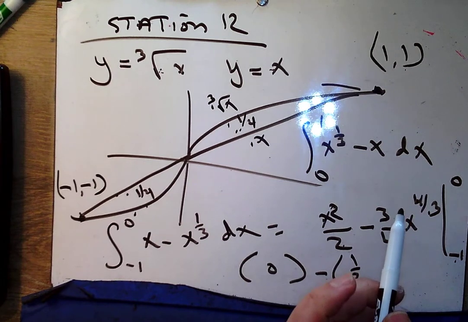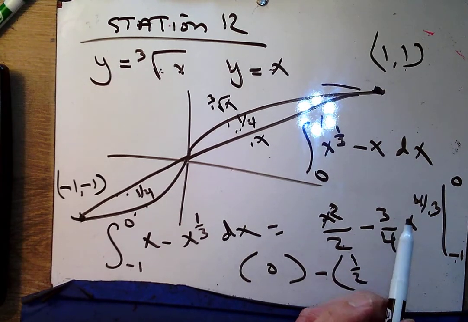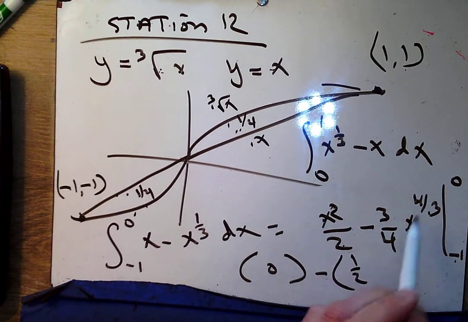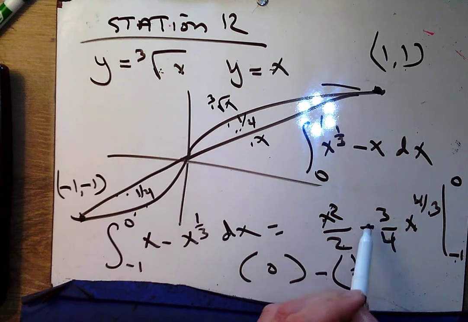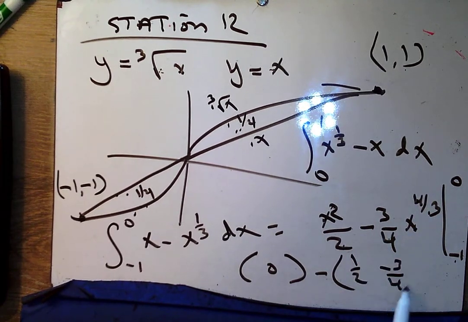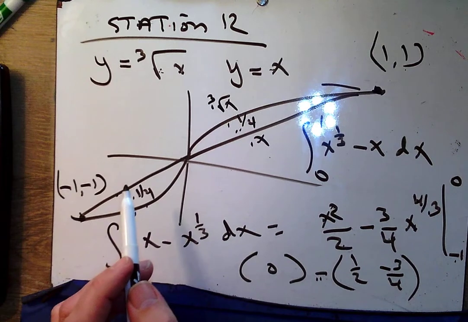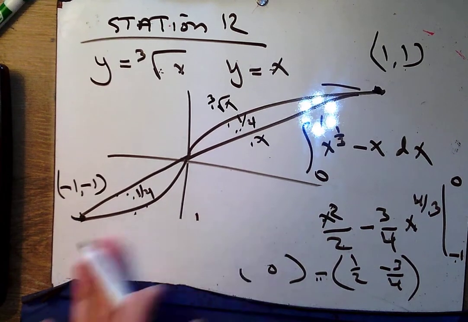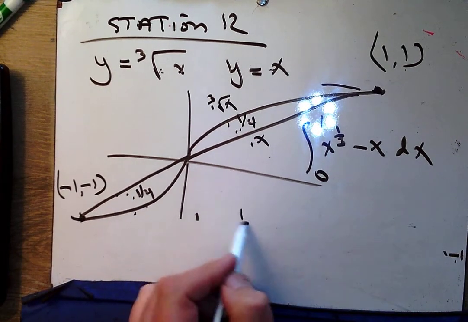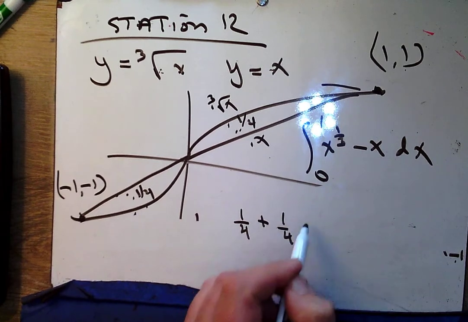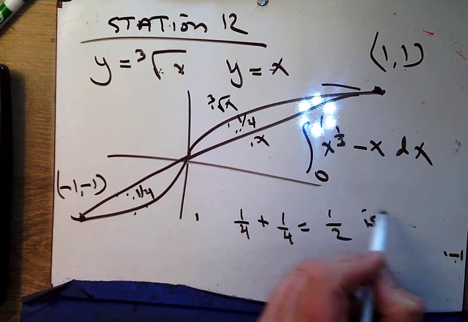Oh, positive. So that's going to be 1 times -3/4 minus 3/4. And here we end up with -1/4 times a negative. So I get positive 1/4. There it is. And so the total area would be 1/4 plus 1/4, or 1/2 is the